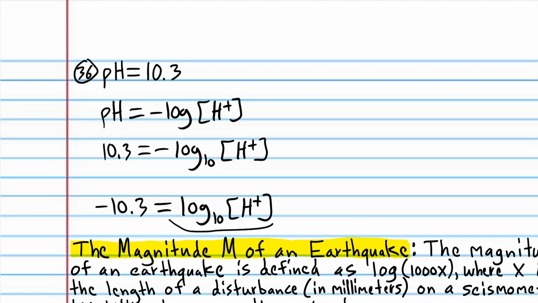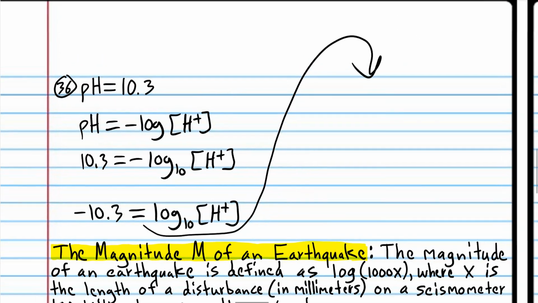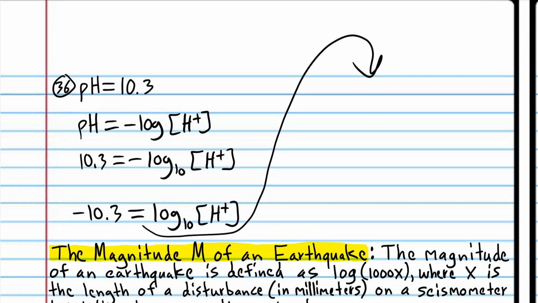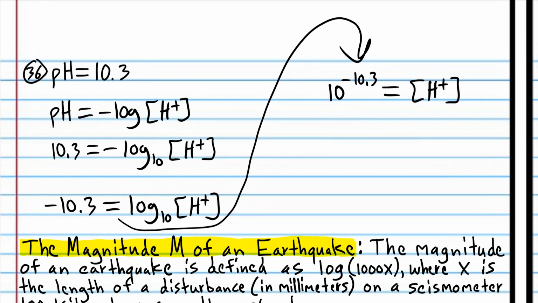Whenever you run out of room, don't panic. You can just go up here. Be sure to indicate with an arrow where you're going. So the base is 10. We're translating to an exponential expression. The base is 10. The exponent is -10.3. And whatever's inside the log function goes on the other side. So on your calculator, we're going to write 10.3, then the plus minus button at the upper right if you're using an iPhone. Then the 10 to the X button at the upper right, and we get